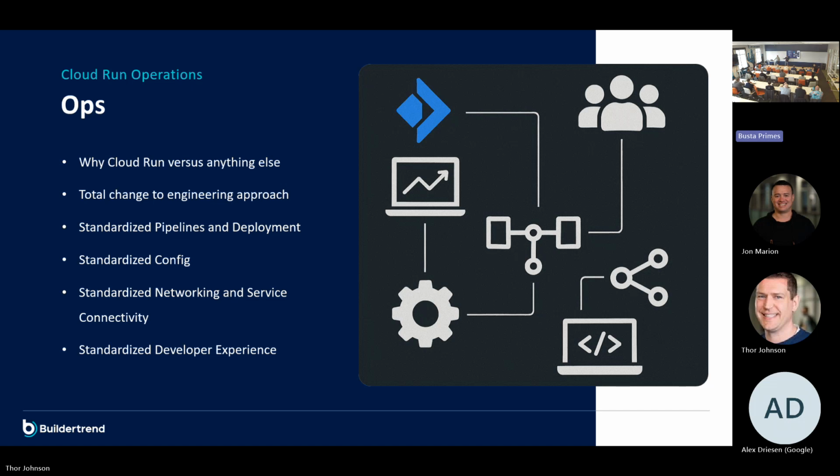From a Google Cloud Platform perspective, and we have some Cloud Run stuff in it, we actually have what we call ephemeral environments. So we spin up 160 ephemeral environments a day. Every time a pull request comes in, it actually spins up a whole Buildertrend platform that has all the services and our third-party services connected to it, dedicated to that one PR for that one developer. So they can isolate their code change into our monolith and connect into our services and our third-party services there.